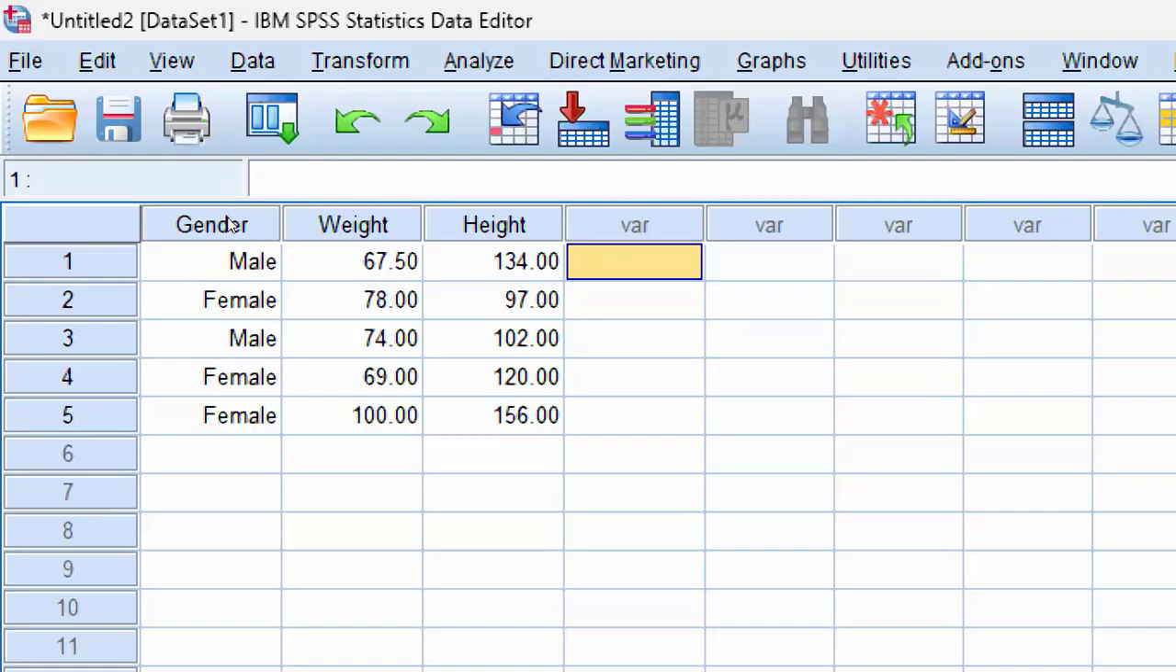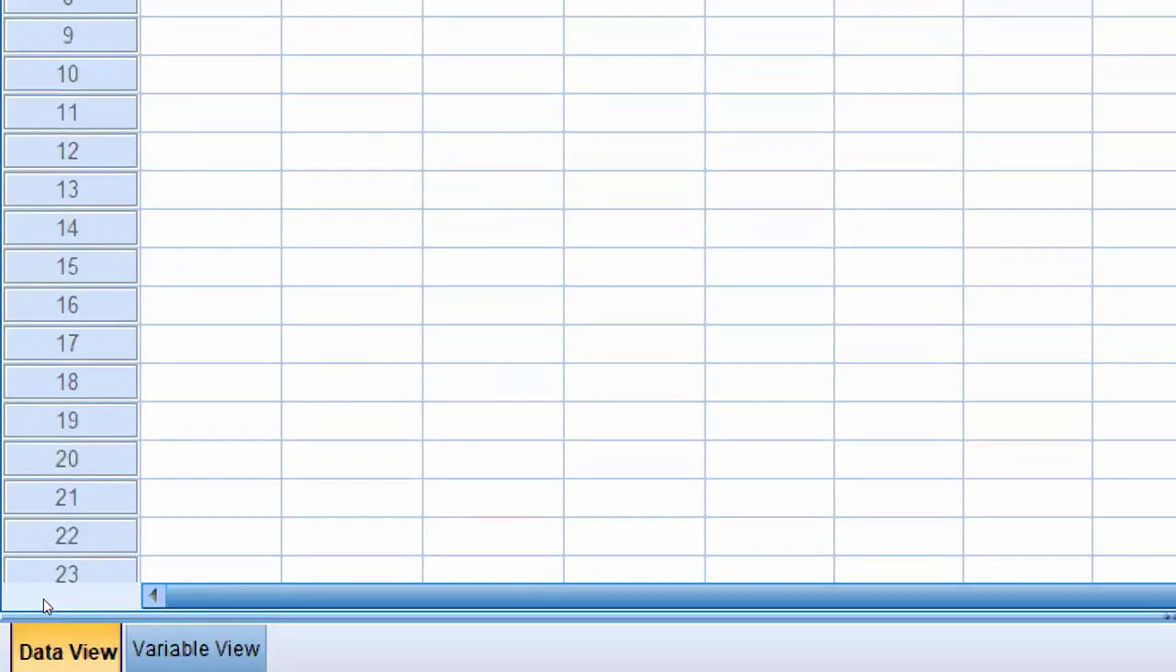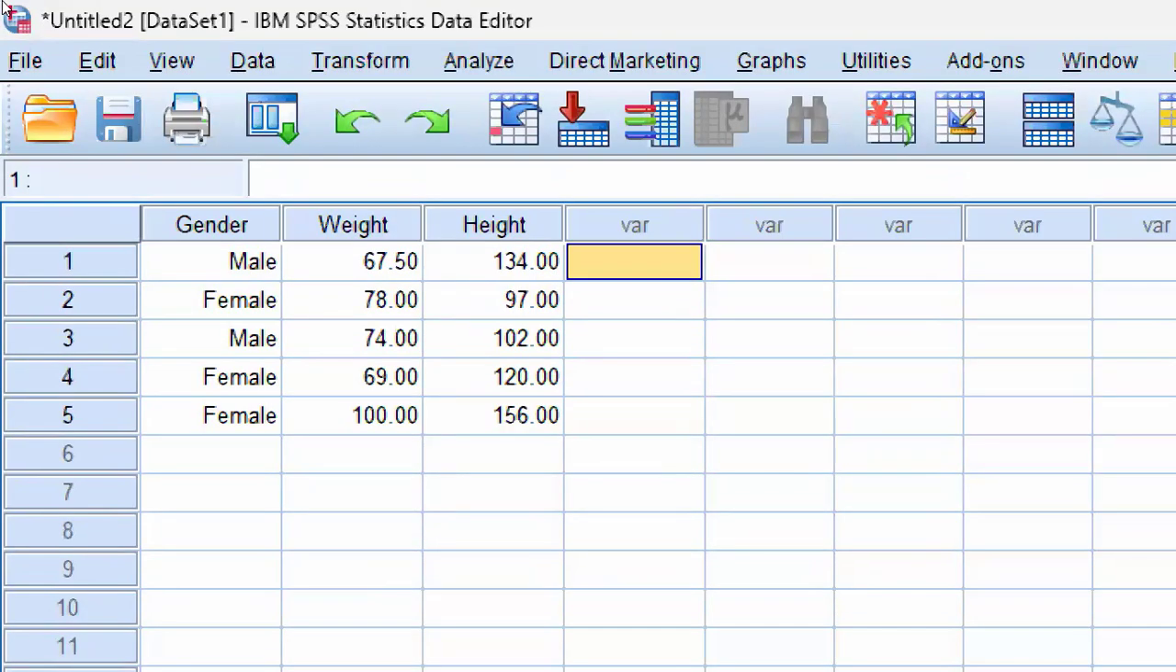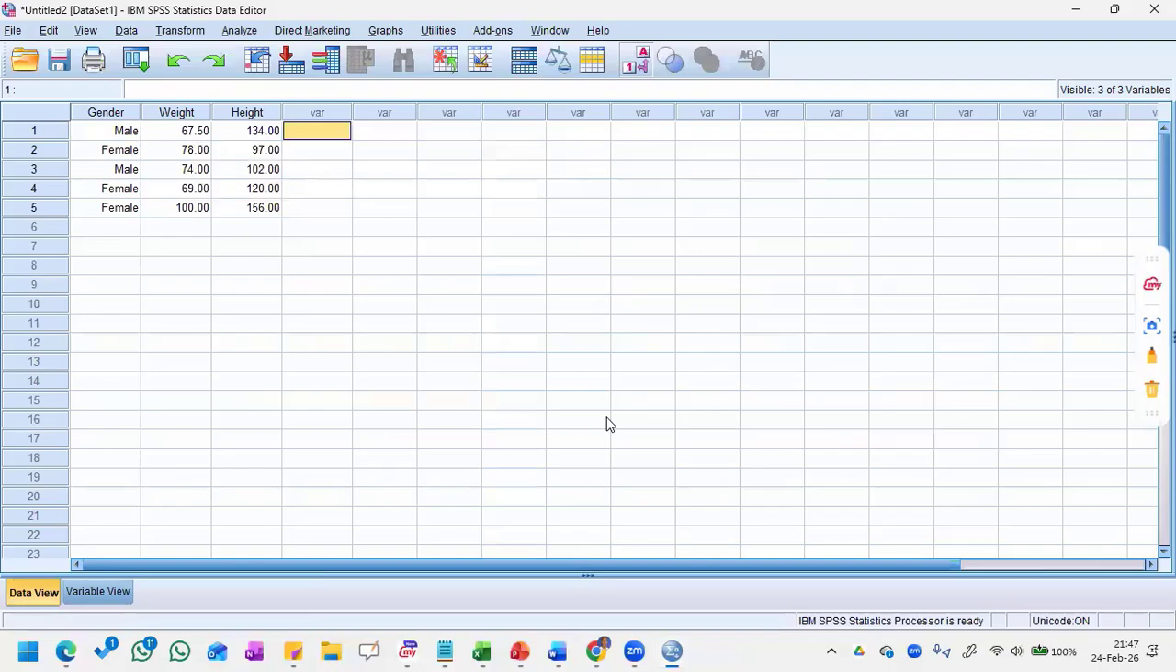So you can create the variable directly from this side, but what I recommend is that you create the variable from the variable view side, and then you come to the data view only for the purpose of entering the data. Okay,